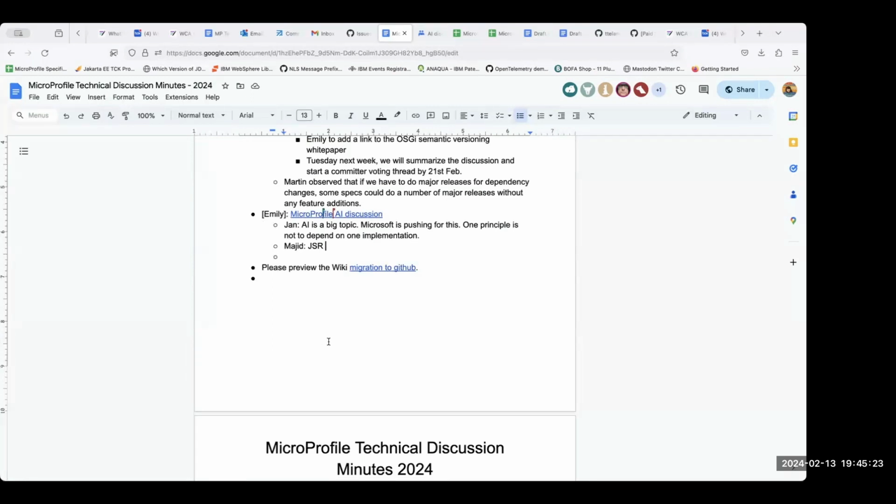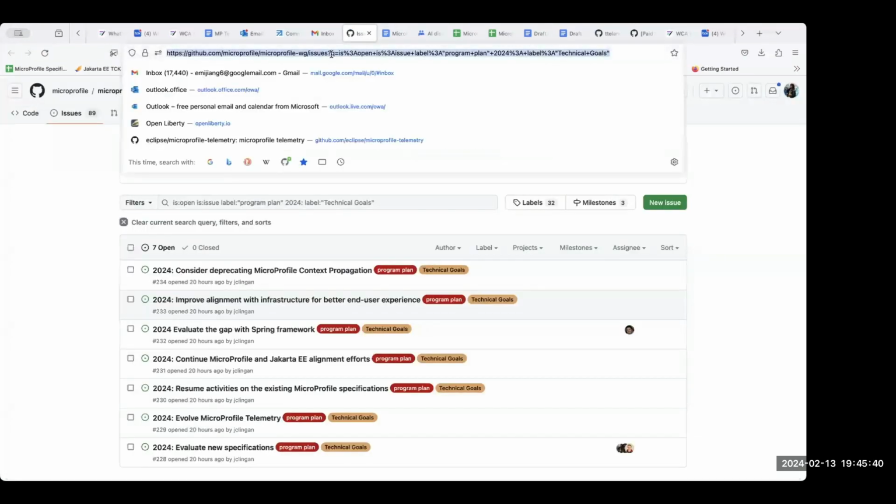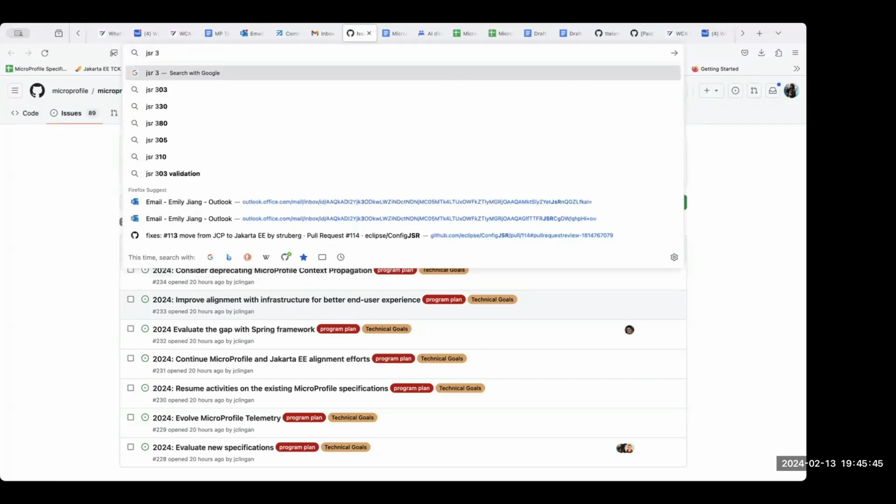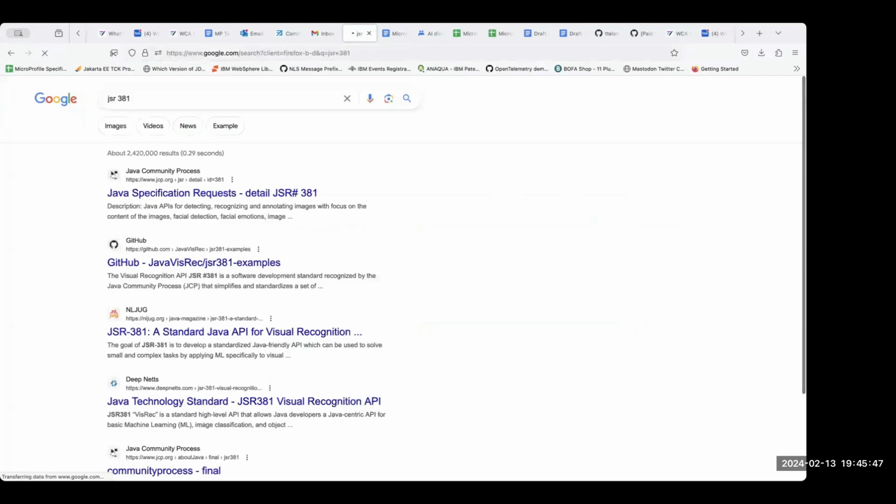JSR 3081, if I found it. 381. Yep. It's about the 3081 for object detection.